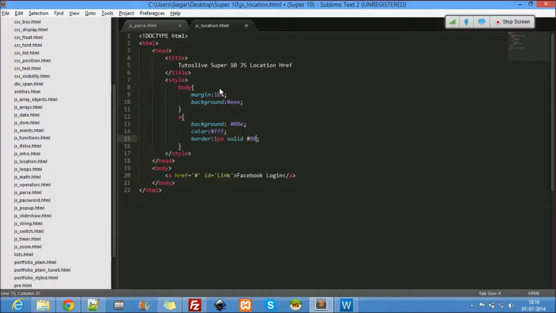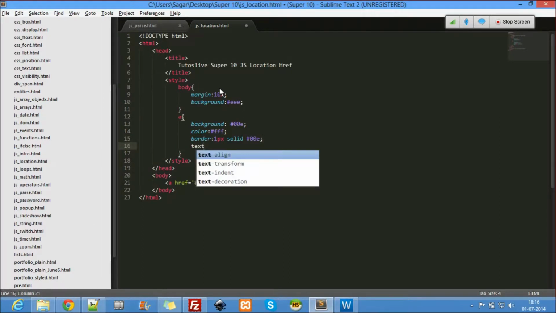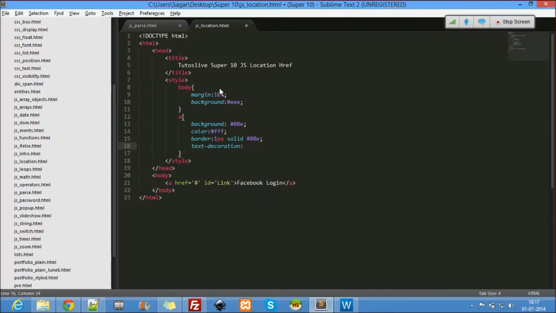Are you guys bored with the styling I do, or do you like the styling I do? I really feel bored if someone does styling in front of me. What do you think? Be plain and simple. Just decoration. None. Not answering? So I assume I'm boring.